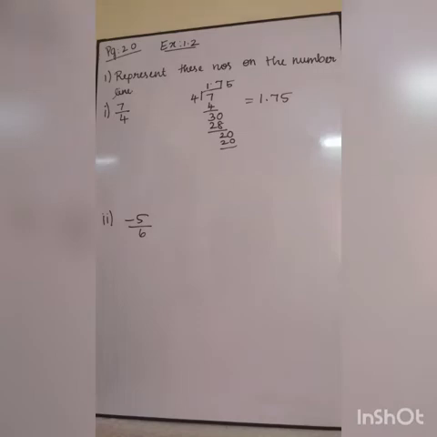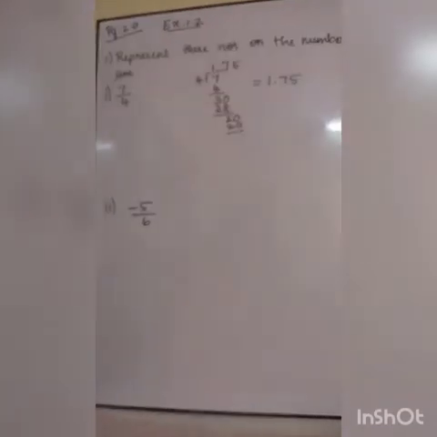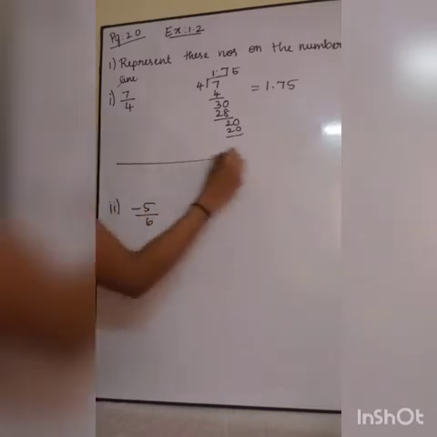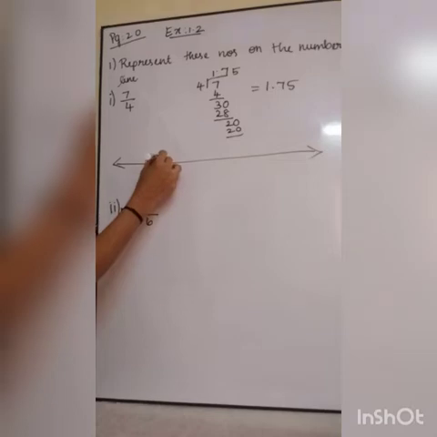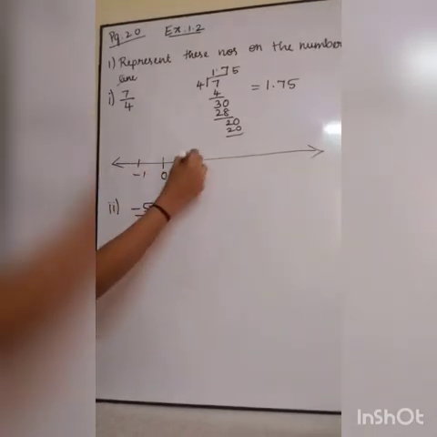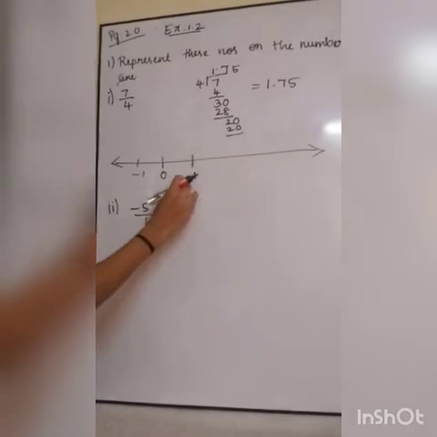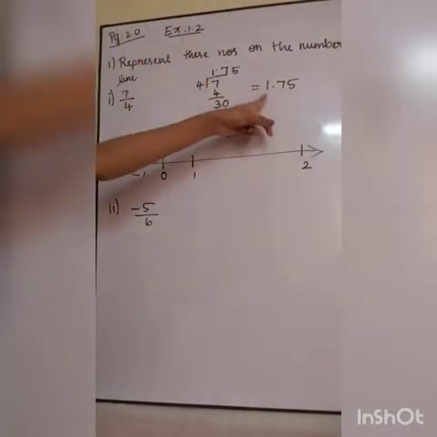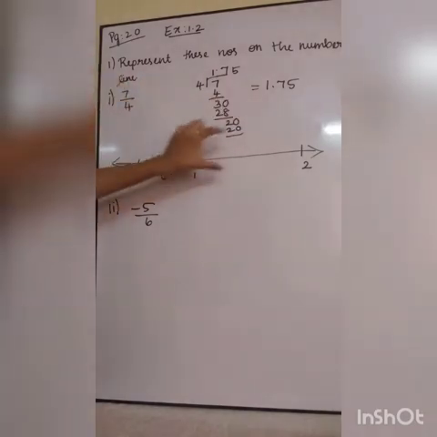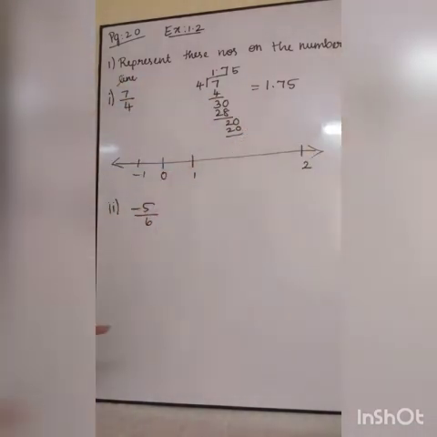Till last class we have discussed the numbers which lie between 0 and 1. But here this number lies between 1 and 2. So we should draw the number line, right? I am just drawing the number line. So here both ends will have arrow marks. 0, -1 will be there, 1 will be there, and next to it I will write 2. I told you this number, which means 7 by 4, lies between 1 and 2. That's why I have enlarged this size.